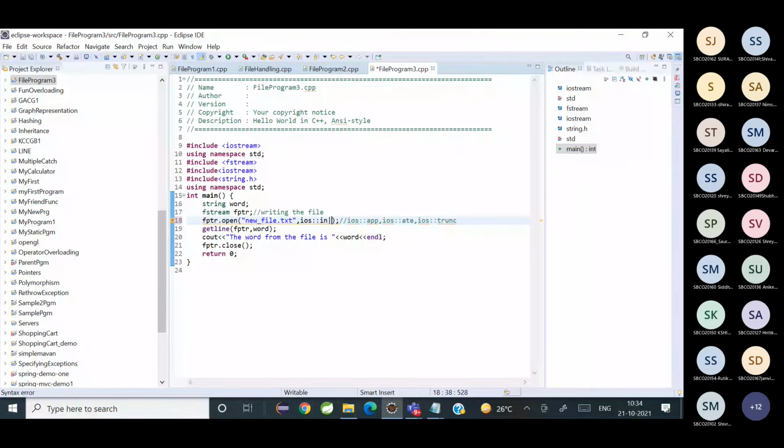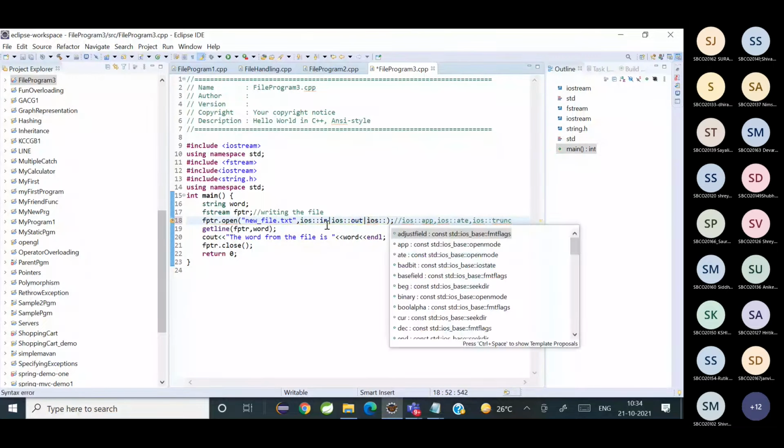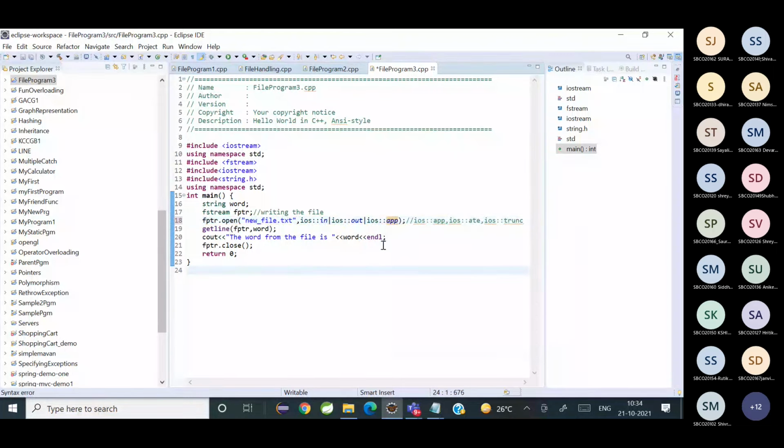So if I say ios::in, then I can say ios::out. Then again I write ios::app. क्या मतलब है? Can somebody tell me? I've written ios::in, ios::out, ios::app. देखो, 3 modes लिखा है separated by a pipe symbol.